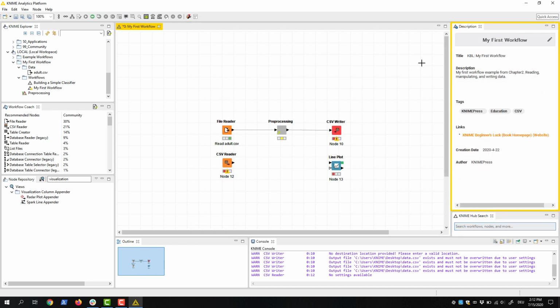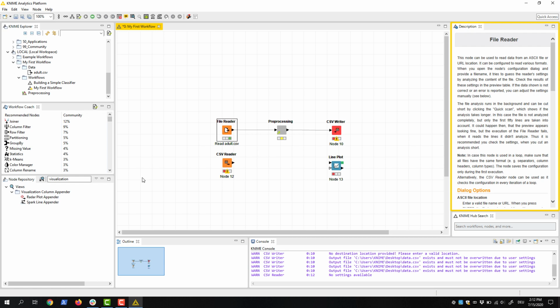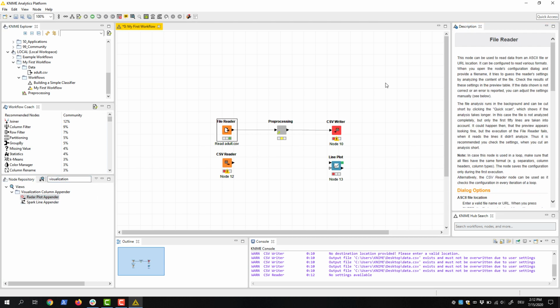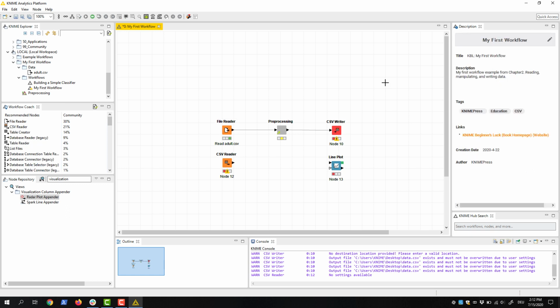This panel on the right of the workbench gives you information about the currently active workflow or about an individual node selected either in the Node repository or the workflow editor. The workflow description tells you the purpose of the workflow, what it does, what you might need to run it, plus links to blog articles, for example, or other web pages related to the workflow. You can also give your workflow specific tags, making it easier to find if you decide to upload your workflow to your space on the KNIME Hub.